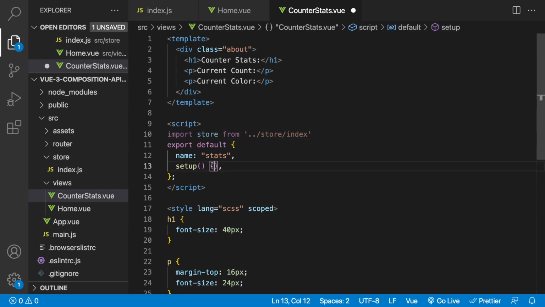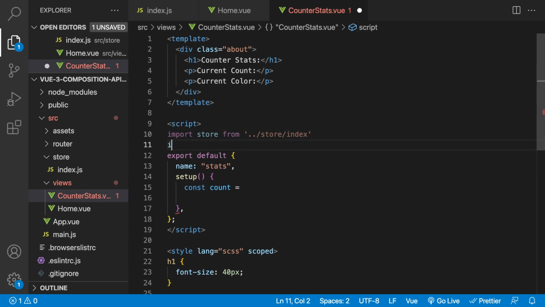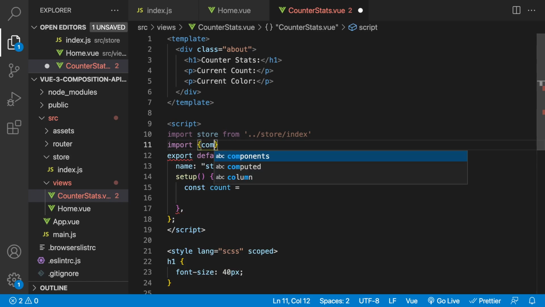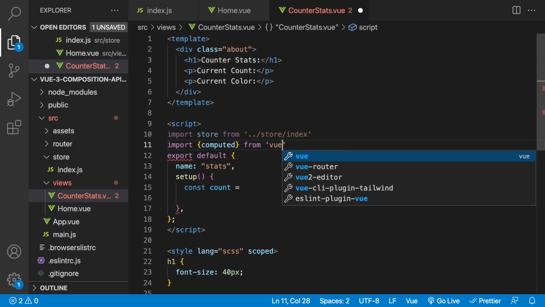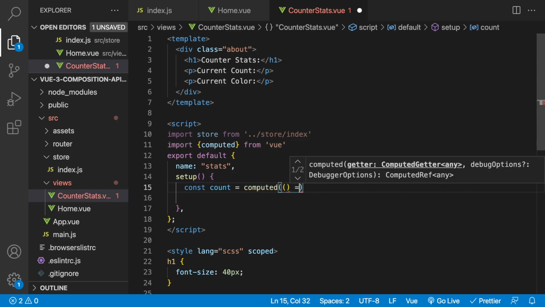And then within our setup option here, let's create some data. So we'll call this const, and we'll do count. And we also need to import computed because we're going to be setting these up to a computed value here. So we'll say import computed from vue here. Now inside of here, or back in our setup option, let's set our count to a computed, and then we'll return the